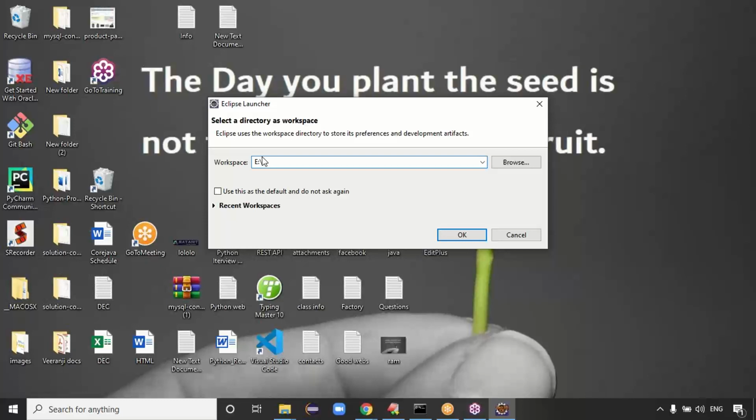Try to download and install it, because in core Java itself we have to use Eclipse IDE. If you don't know Eclipse IDE, I'll cover it in the next class. First, you can create one workspace.